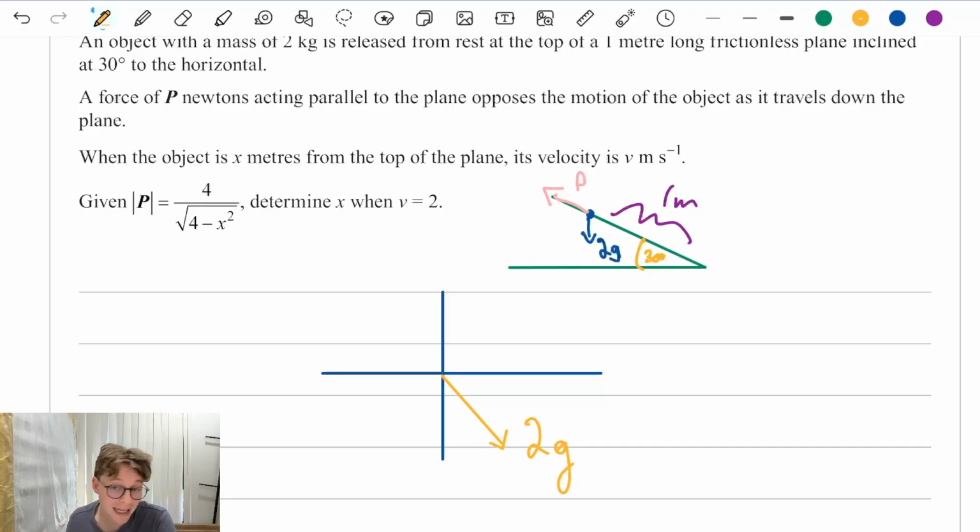I just need to figure out what angle my force makes with the horizontal. We always care very much about this angle here. Okay? So, I know my angle in here is 30 degrees. This is the hardest bit, and it's actually not that difficult, but the bit that I'm going to say causes